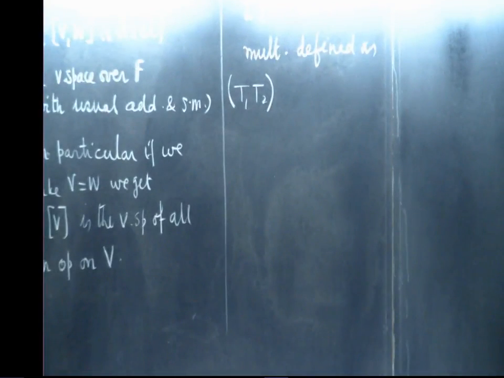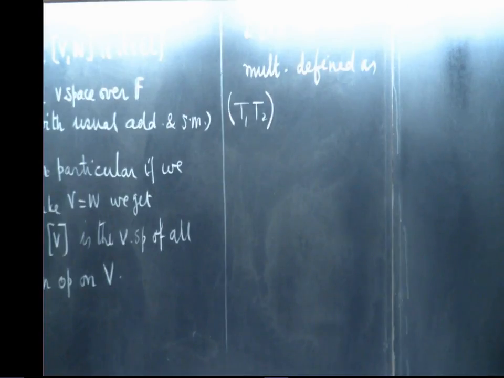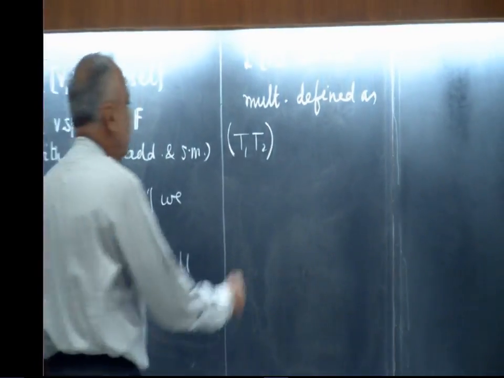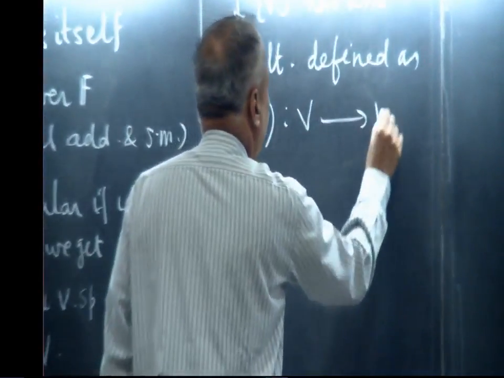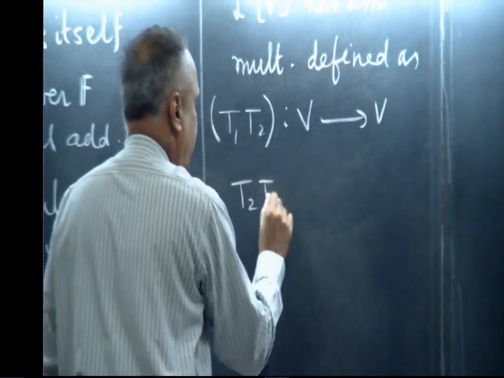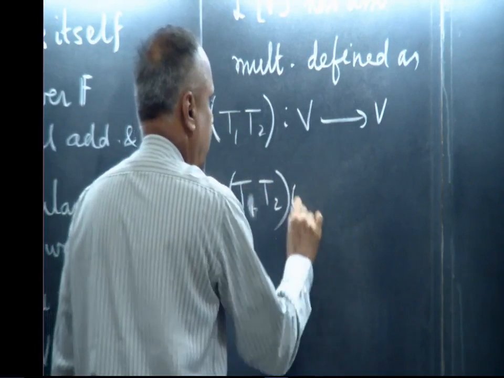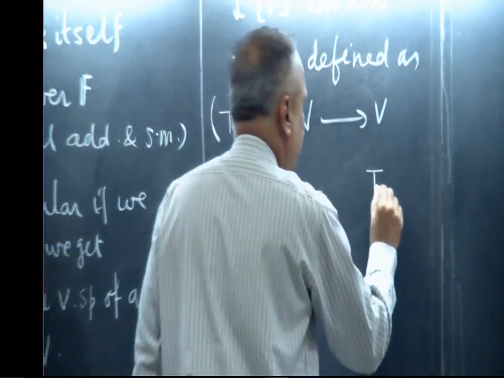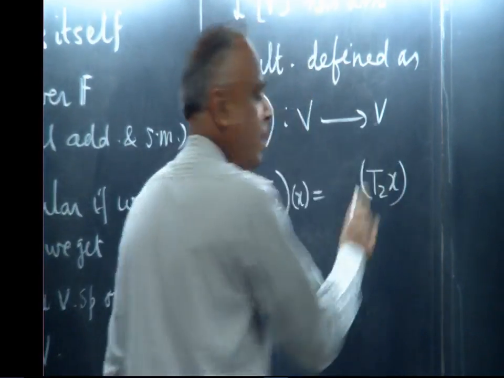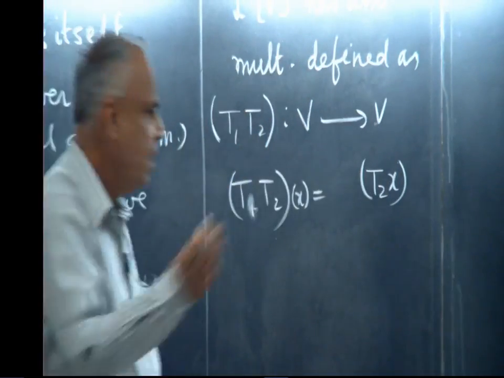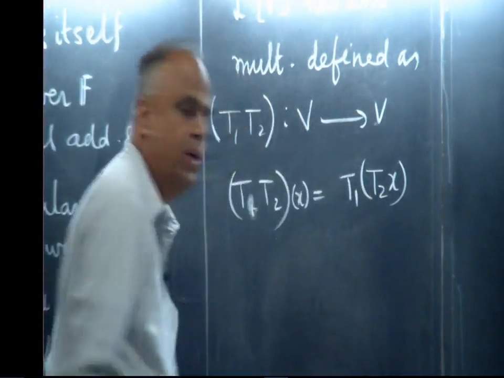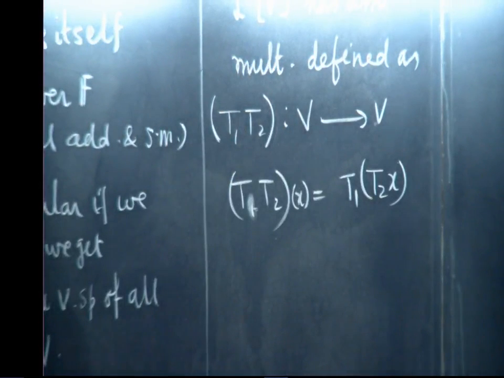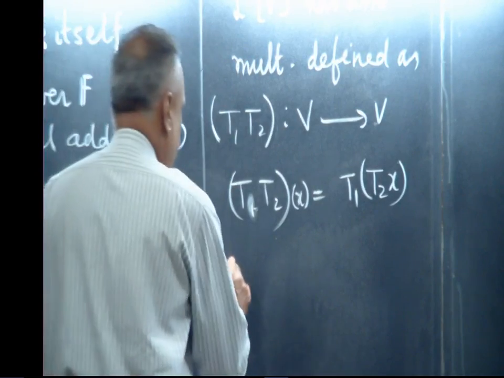If T1 and T2 are linear operators mapping V to V, the definition is, it takes any vector x as follows. First, T2 takes it to a vector in V, and then on that vector T1 acts. Okay. With this operation, then properties are